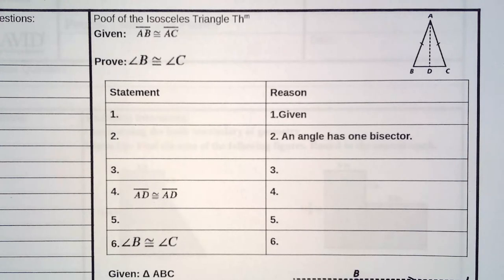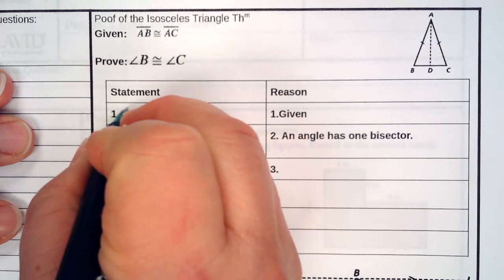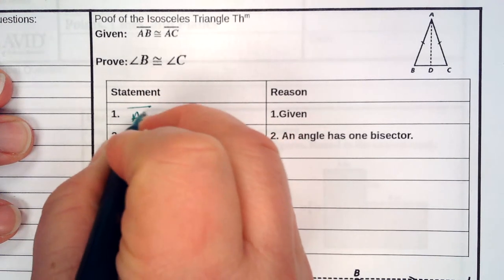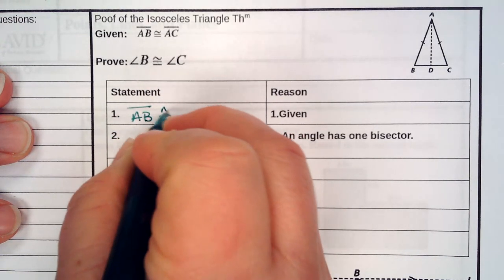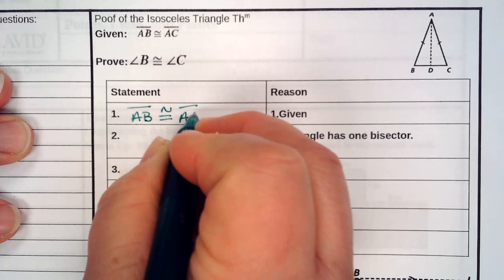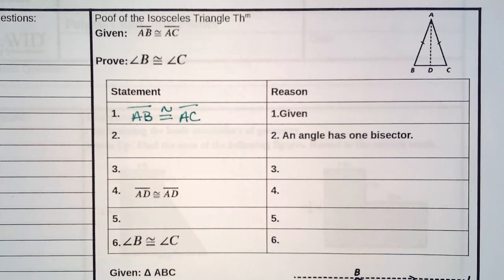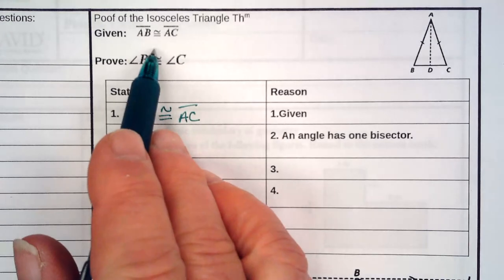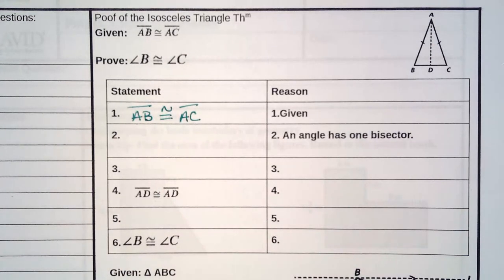Well, we're going to start off with a given. We're given segment AB is congruent to segment AC. If you didn't have two congruent sides, you couldn't prove it because it would not be an isosceles triangle. So if you notice, all we're given is this on the triangle. We're not given the fact that we've got that